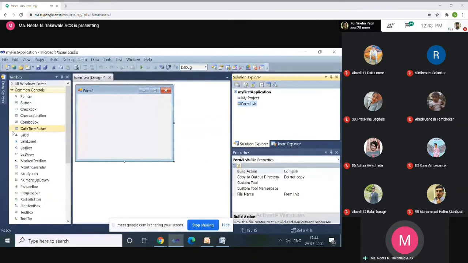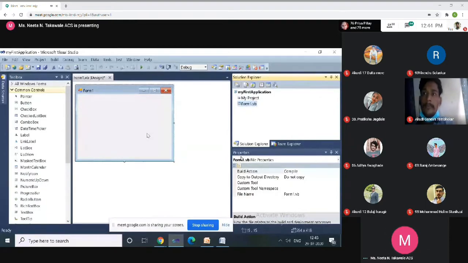Why is it combined? Because this is an environment which provides different components. For example, this is the toolbox, this is the form, this is the solution explorer, this is the property window. All these are components.